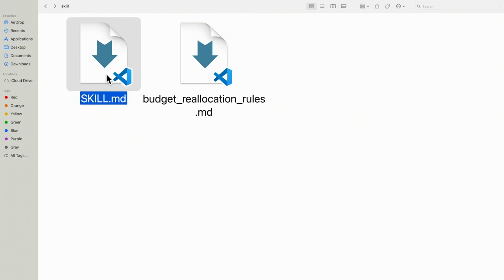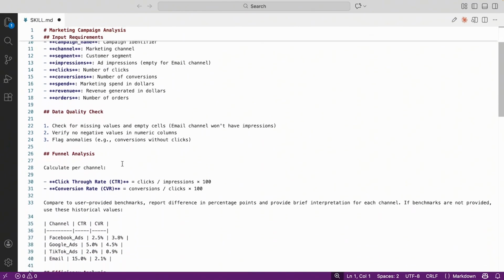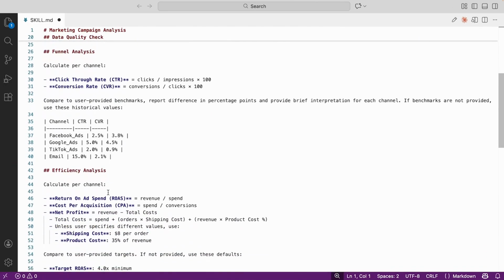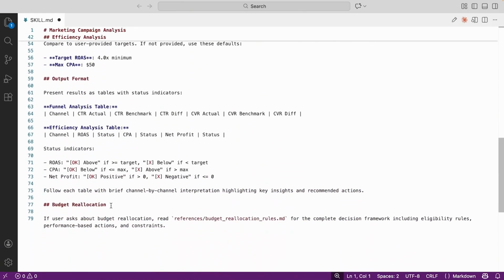So with that, let's take a look at what a skill.md file is. This file needs to be named skill.md in Markdown format, and this is going to be the underlying set of instructions to perform the task that we saw. In this Markdown file, I have very similar information to what I included in the previous prompt. I have my input requirements, a data quality check, funnel analysis with the metrics that we were working at before, and historical benchmarks. I have that same efficiency analysis as well as the output format that I expect. Finally, I have a note here on budget reallocation that references a different file only when the user asks about